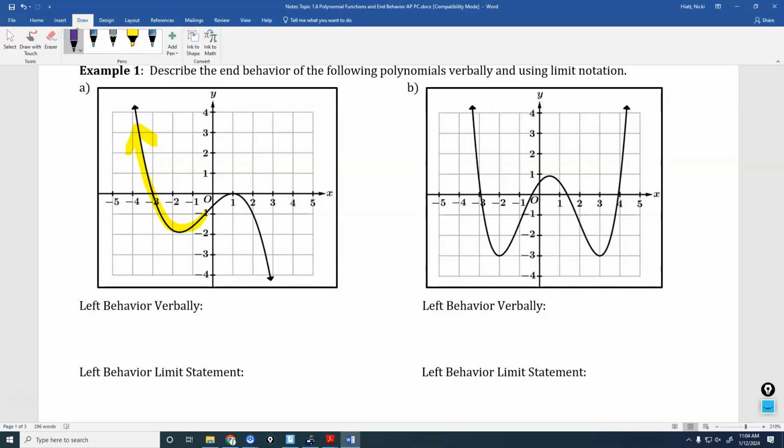So verbally, we would say as x values, and I'm going to use the wording that I've seen on a lot of the problems, decrease without bound. Or you can think of as your x approaches negative infinity, as you go to the left side here,